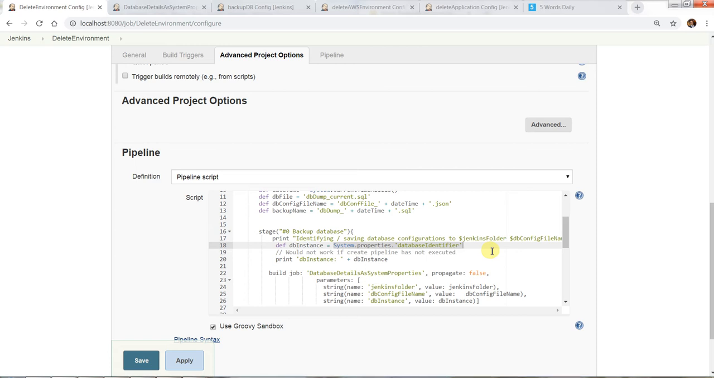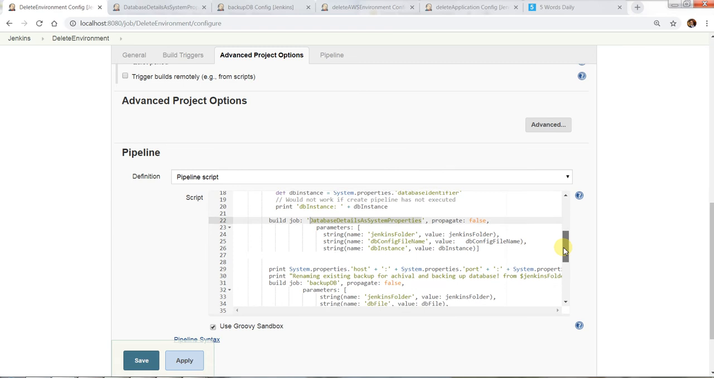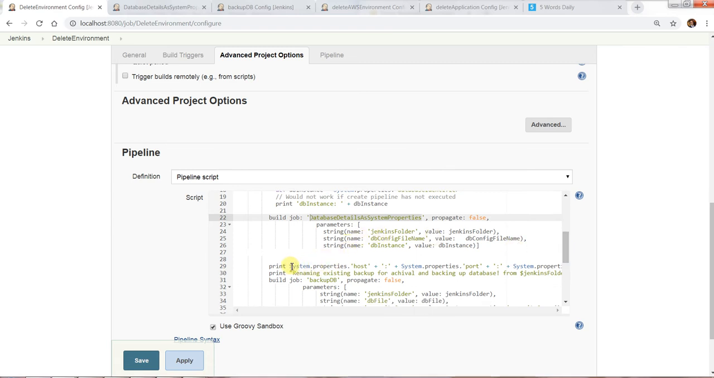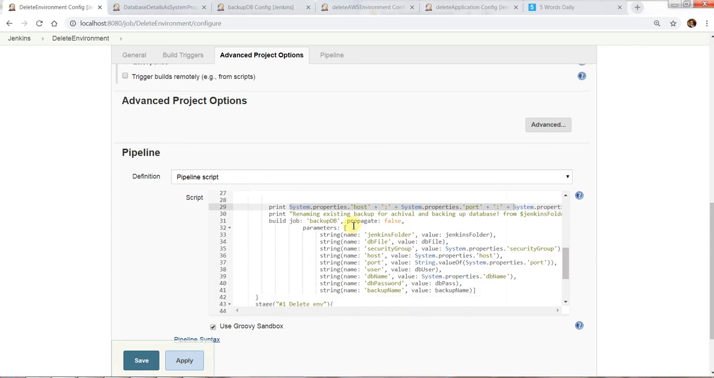I could have saved it in the file system and retrieved it from here, but since I'm not stopping and starting my Jenkins, this property is available at runtime. And next I run the same job that I ran from the setup environment pipeline to get the database parameters, for example host and port. So this will allow me to take a backup, and now I run a job called backup db job and